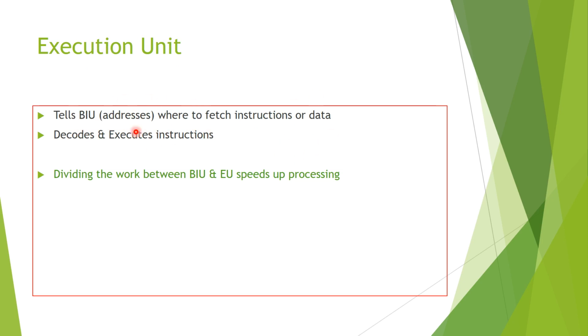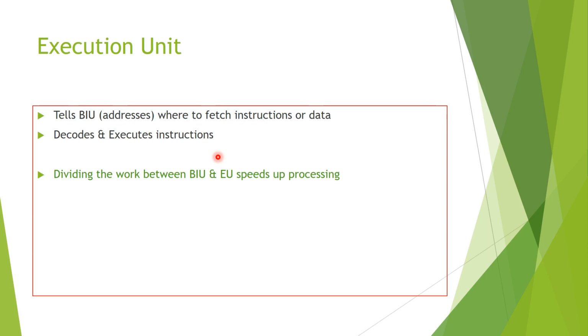Okay, this execution unit tells the BIU from where we have to fetch the instruction or the data, and it decodes and executes the instructions. The main function of this execution unit is the decoding of the instructions and the execution of the instructions. Now the purpose of dividing the architecture, or the work, into two parts is to speed